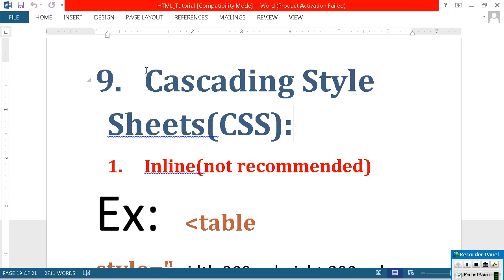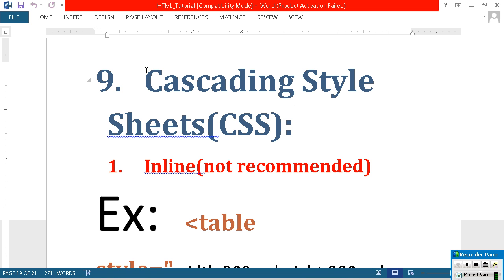But I will tell you one thing. I want a style which should be useful for 3 people at a time. You are writing a style, but it should be available for not only 3 people, but any kind of developer at a time. But in this HTML case, you are writing directly in the control, right? If you go like that, none of the other people are able to reuse the code. What is the use of going for cascading style sheet? Reusability.